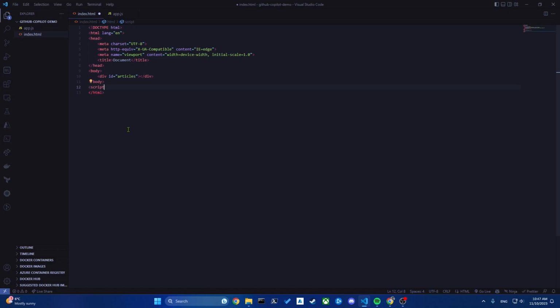And sometimes you might not remember all of the tags or some specific code. So you can use Copilot to write it, or you can explain this in your natural language in the code inside the IDE. So add the script tag